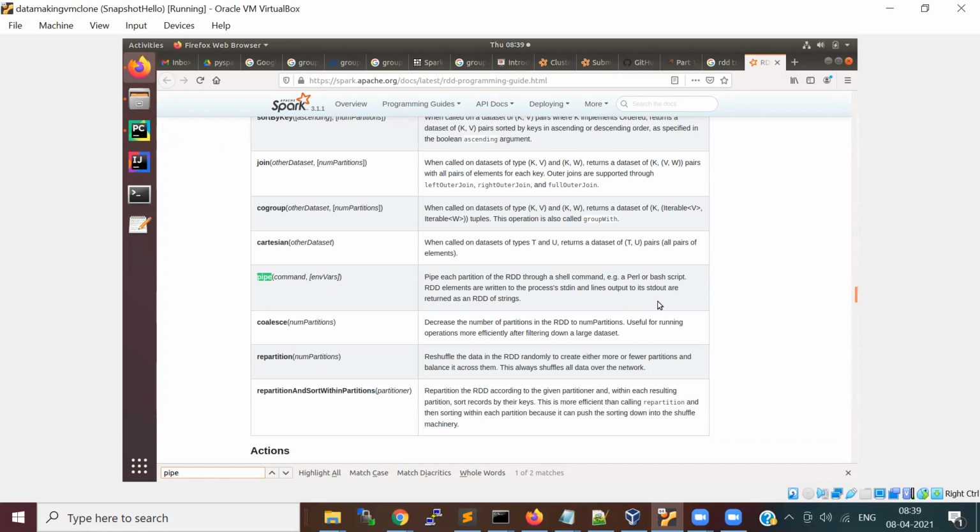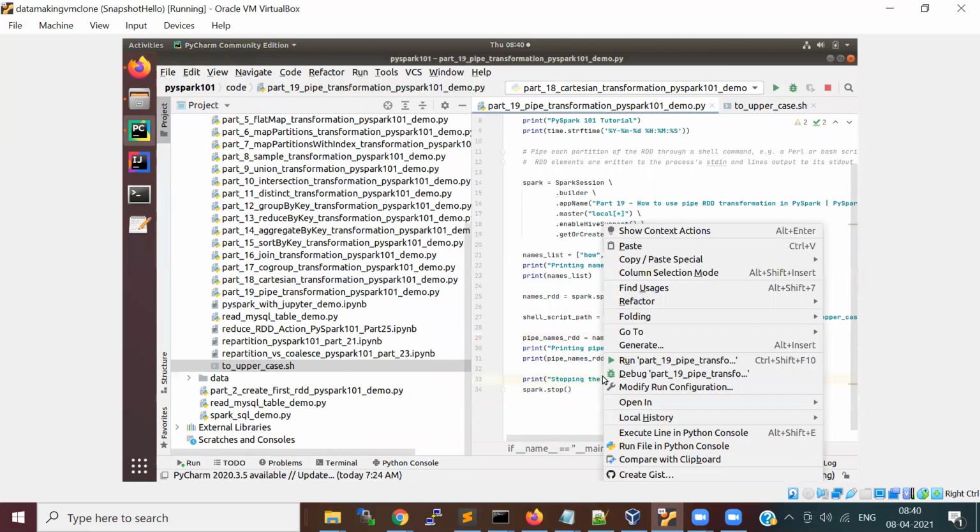I think it supports Perl and shell script or bash script. Any other program, I think it mentioned here bash and Perl. Any other type of script, I'm not sure. These two are mentioned here. Okay, so if you run this,